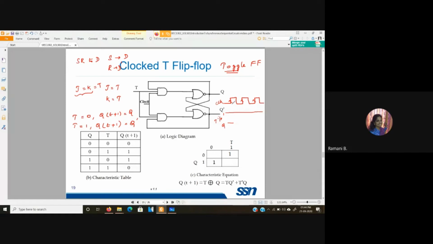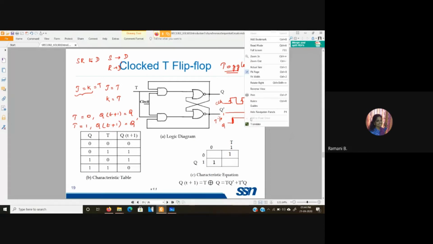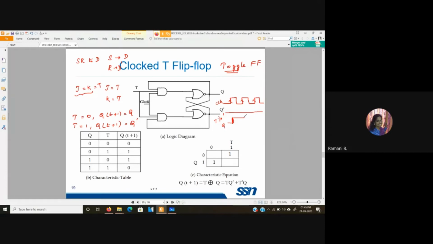So what happens? Once it realizes the value to be 1, it will be toggling from 0 to 1 till the next clock pulse. Till the next clock pulse, you will be having the value as 1. Here again, at the rising edge of the clock, it will come across the value of T to be 1. So this toggles. Then it goes till the next clock. Then again here we have T is equal to 1, so this will again toggle. The changing of the value between 0 and 1 for each of the clock cycles, that is what the toggling operation is.